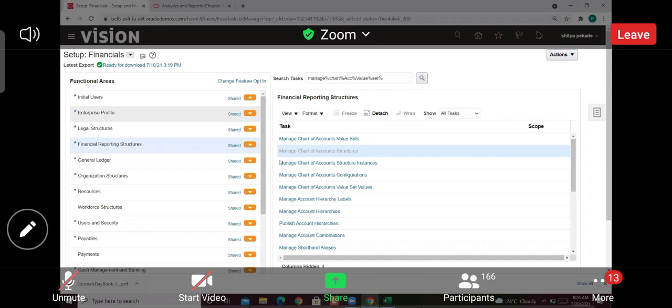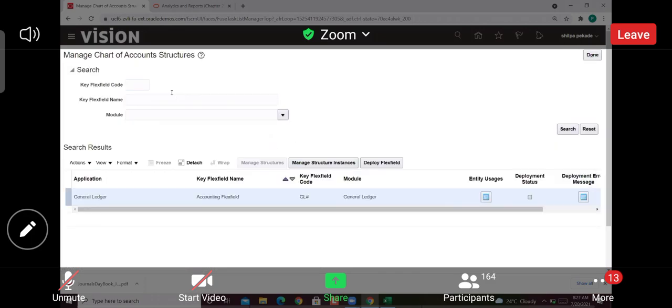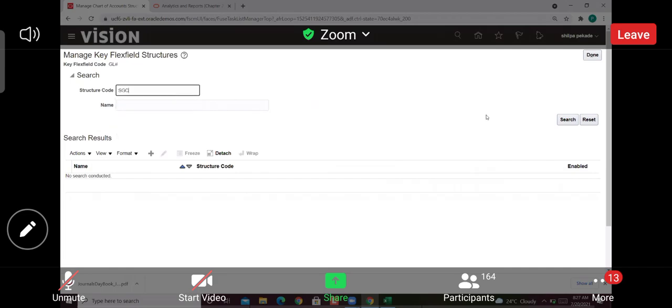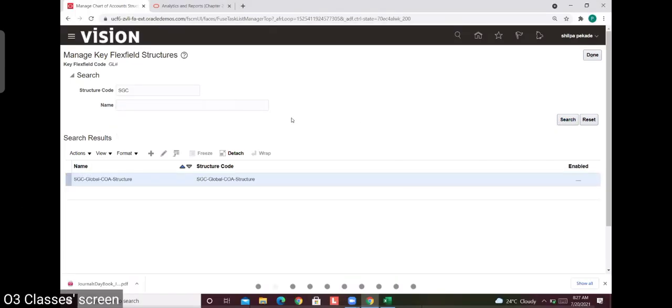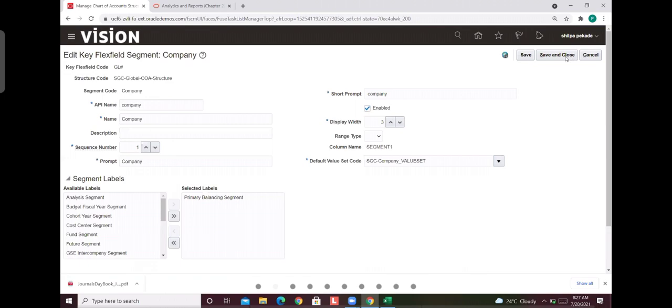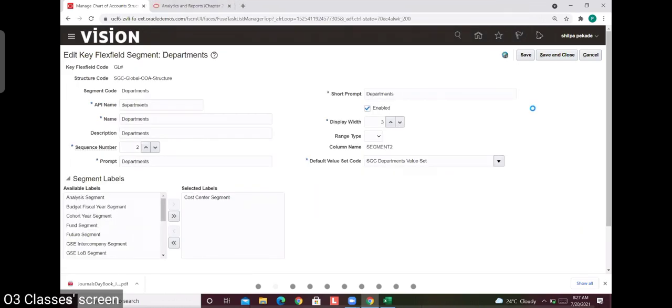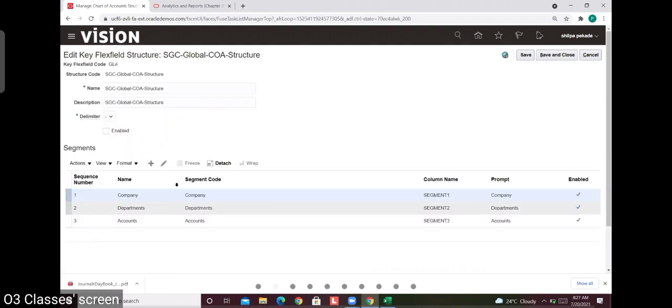Yes, sir. It should be enabled. Exactly, the correct one. Next step, assign all segments. Anyway, you created the value sets, right? Yes, sir.